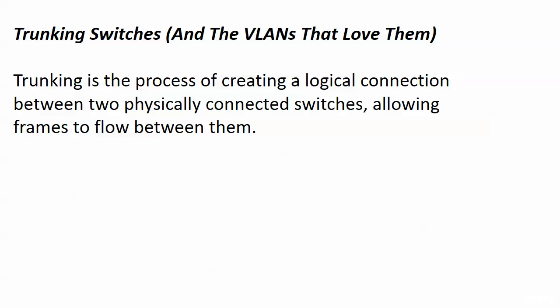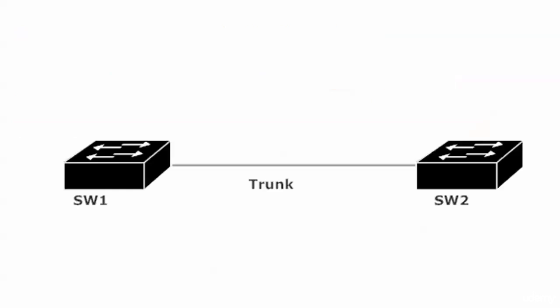Trunking, though, what is it to begin with? We're just creating a logical connection between two physically connected switches, which allows frames to flow between them. Nothing fancy going on here. We've got switch 1, we've got switch 2, we've got a cable connecting the two, and technically we would have to use a crossover cable for that. If our switches support auto sense, we could use a straight through cable, but for our theory,